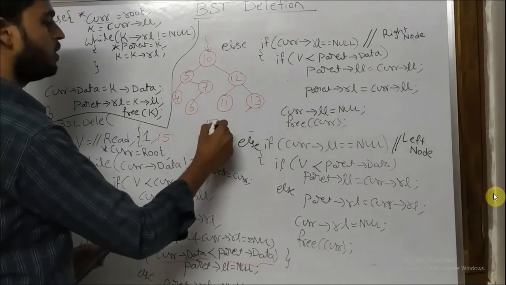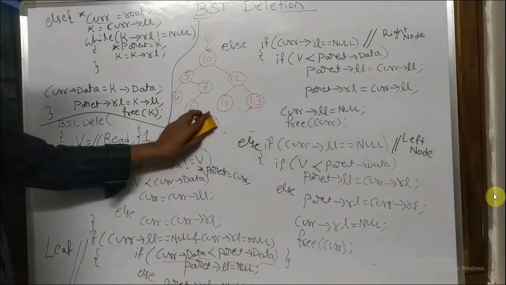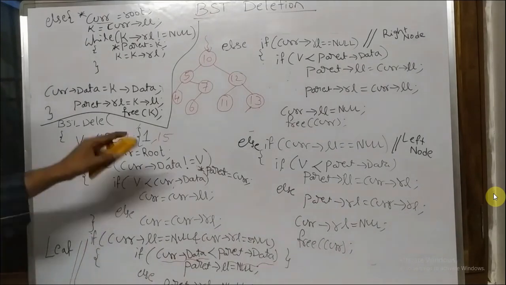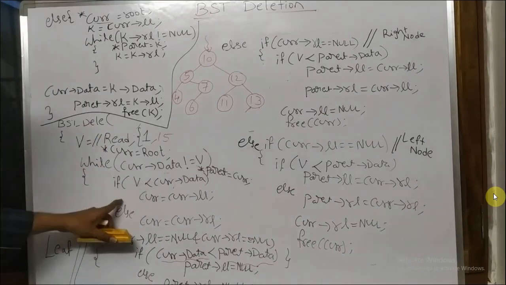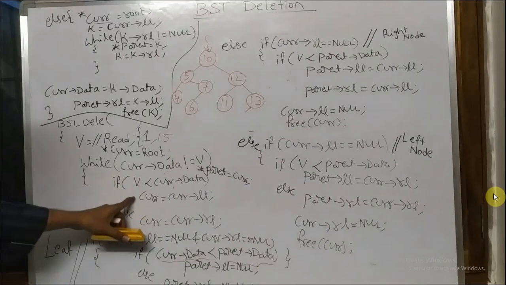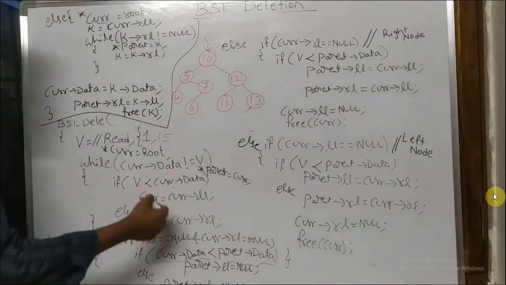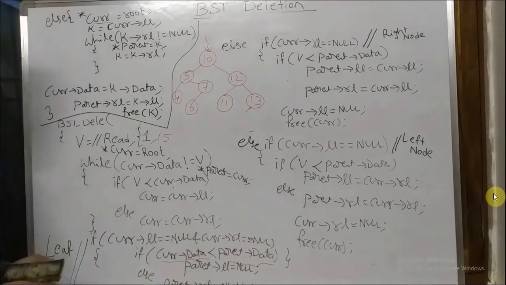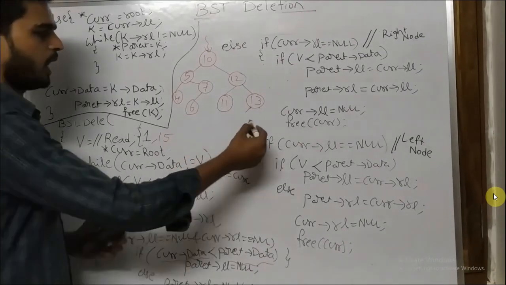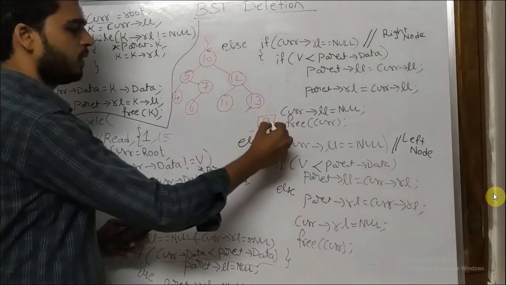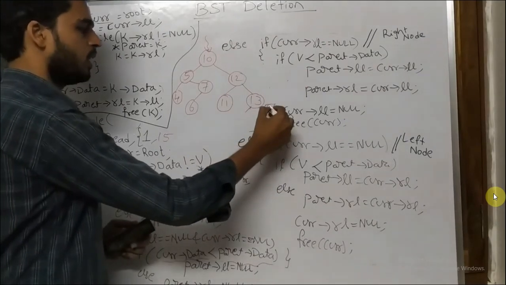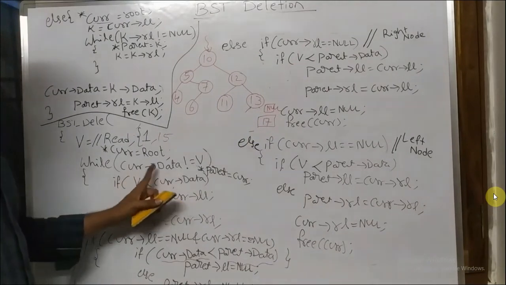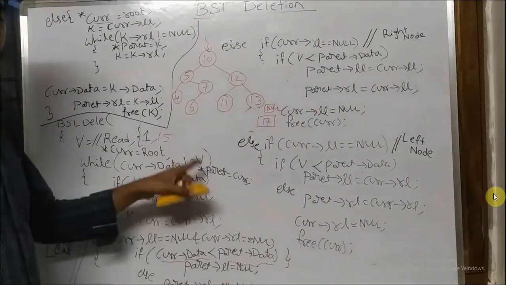I have given the value 17. For that this code won't work. Then what you need to do is check that condition somewhere, right? Where are you going to write that logic? Here itself. We check whether it is not matched. If it is not matched, it will iterate continuously. But up to where will it iterate? For example, when I am searching for the value 17, it will compulsorily move to the right side. This right link is null. When the data tends to null, you will always get the fail condition.